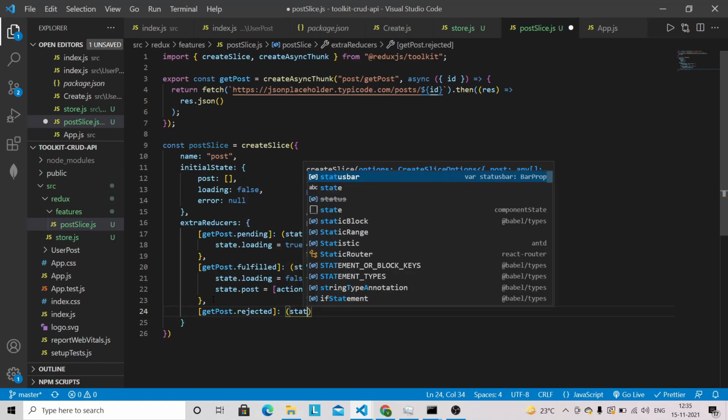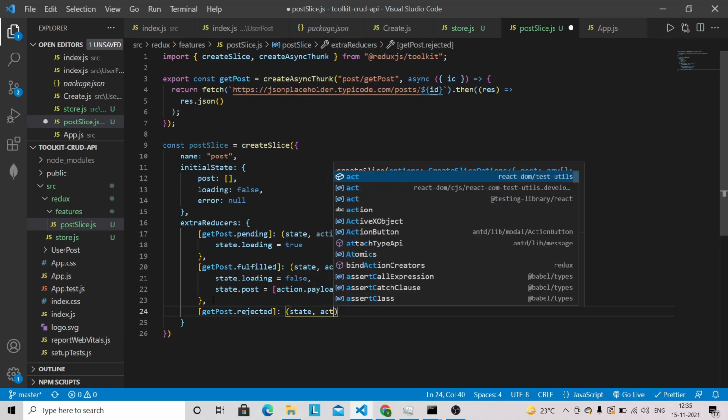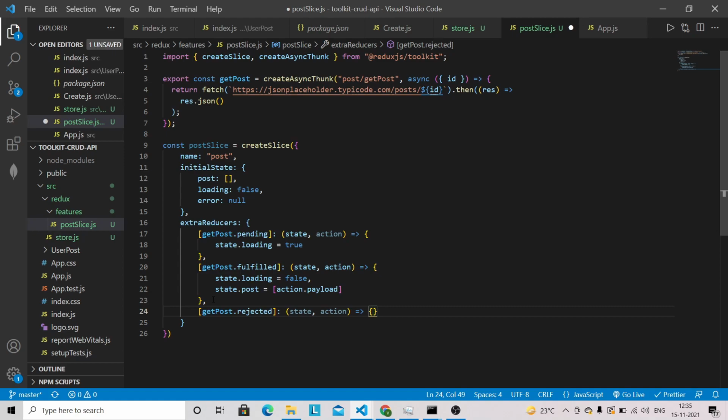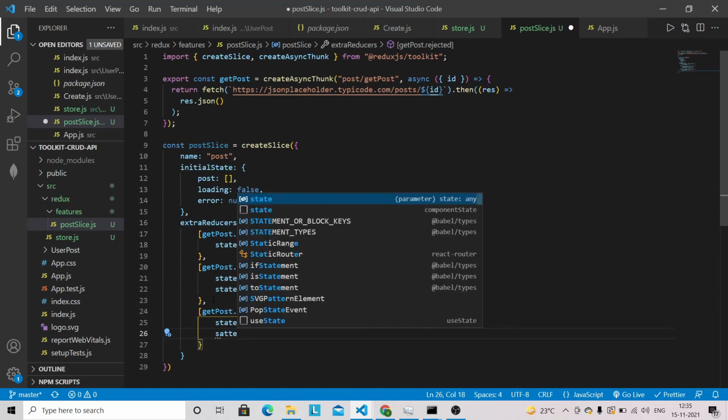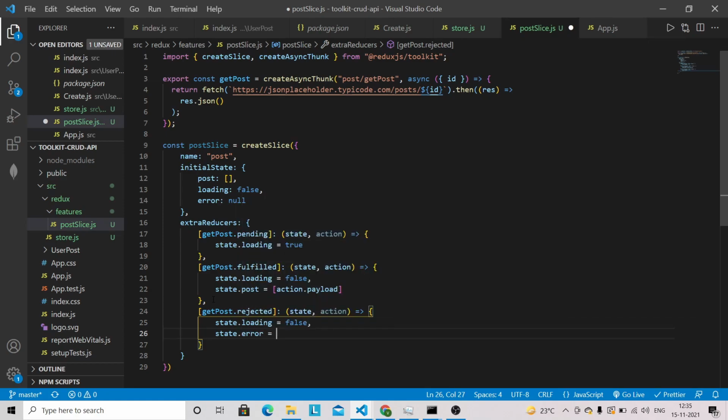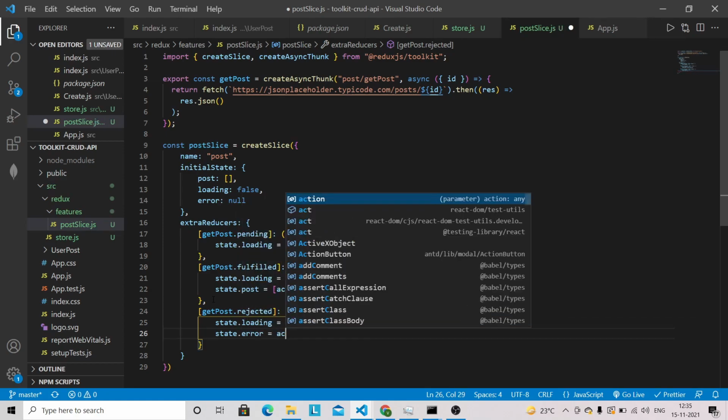So state and action, and state.loading equals false, and state.error equals action.payload.